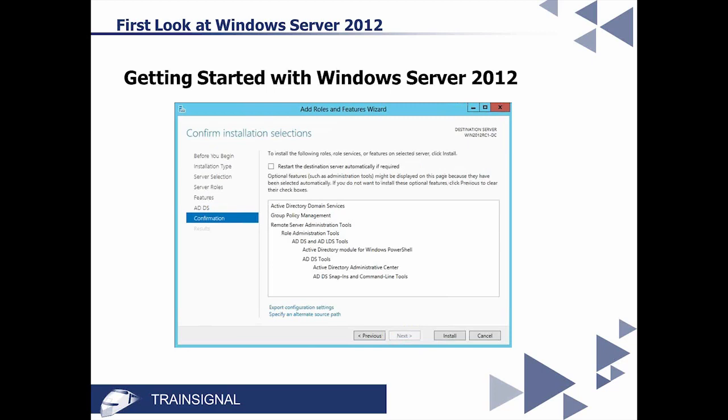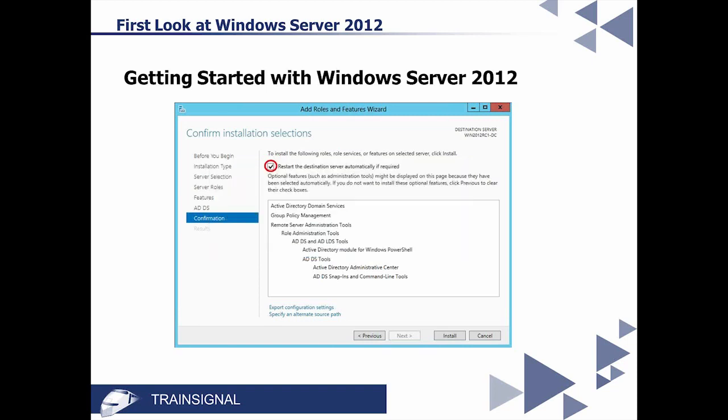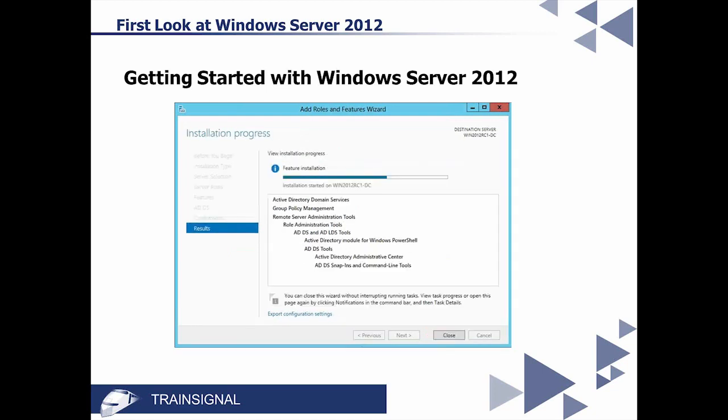On the confirmation screen, it tells you what it's going to do, but you also have, and this is new, an option for this box here to restart the destination server automatically if required. And the reason is because, again, you may not be on the literal server that you're trying to do this for. So they're asking you, when you do this, if there's a restart, are you sure you want to make that other machine just reboot, or is it maybe in the middle of doing other services you don't want to kill? When you check that box, because it's all about a reboot, it says, all right, are you sure? And you're going to say, yep, I'm sure. And then go ahead and click Install.